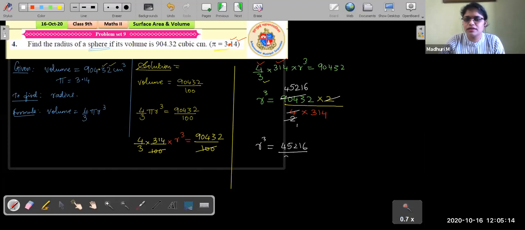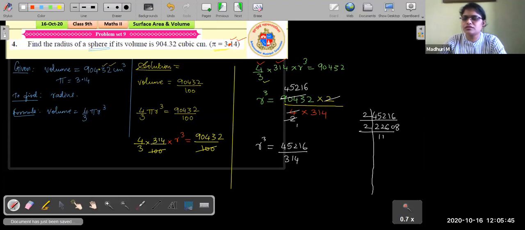45216 divided by 314. What can be done? Since it's a cube root, we will, of course, be taking the cube root, right? So for cube root, we need to factor. So do prime factorization of 45216, and you need to factor this out. So you can start with 2. I hope all of you are working it out with me, right, students? So this will be 2 to the 4, and 4 2s are 12... I hope you are working it out, right, students?